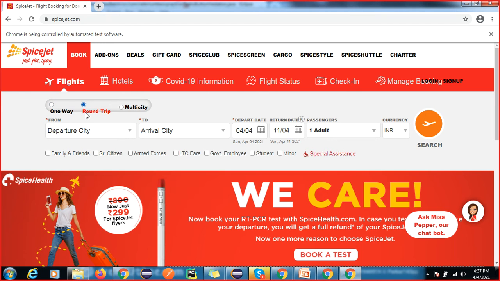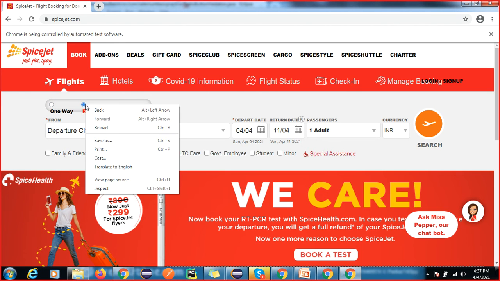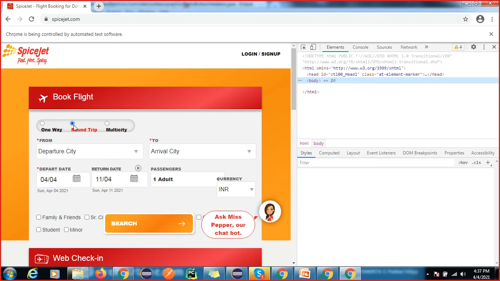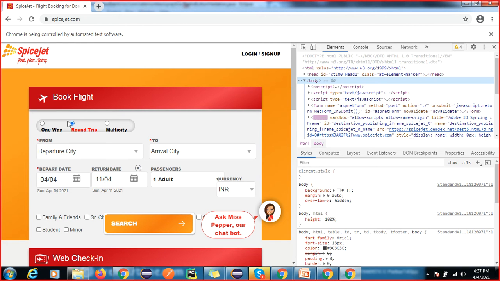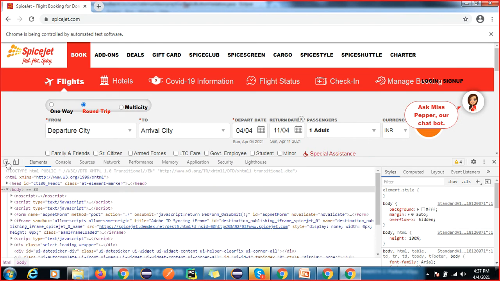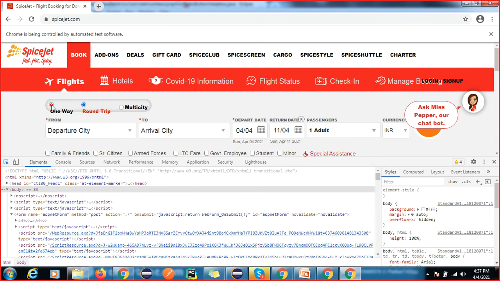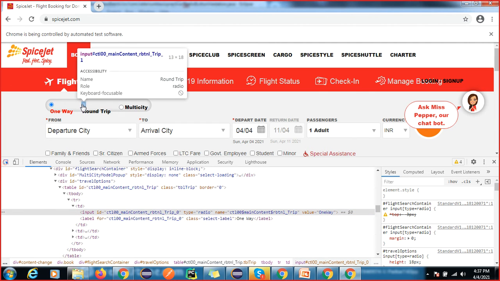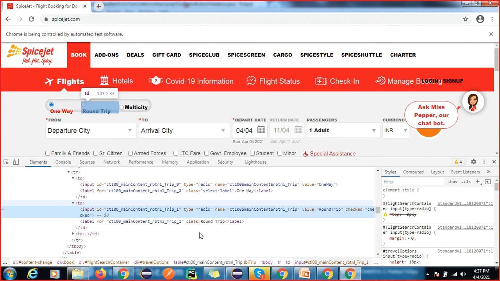How to click this? You can try with this one. By default it is selected, that's why it is returning true. So let me try this one. You guys can try on your side.